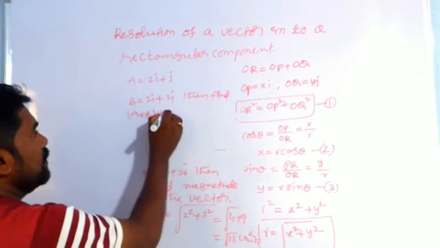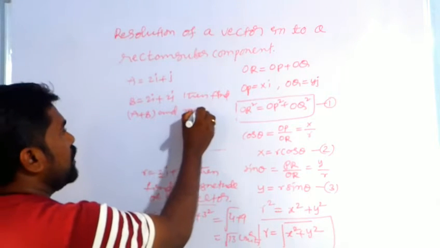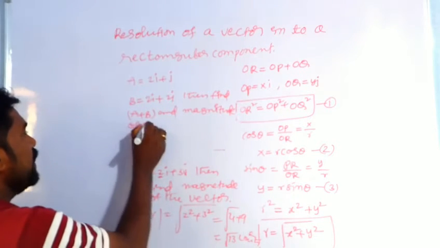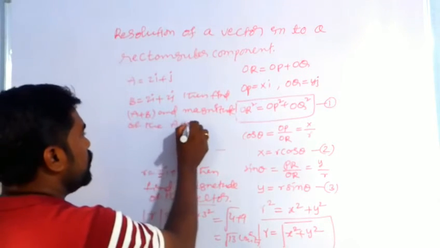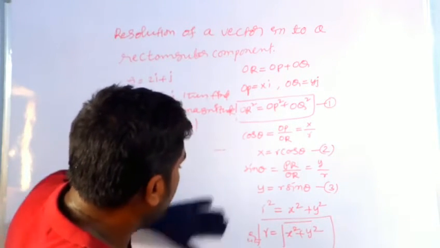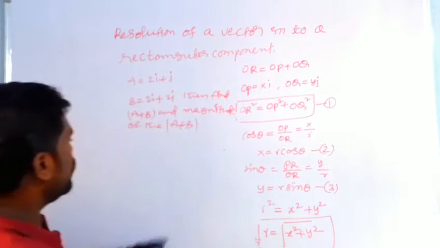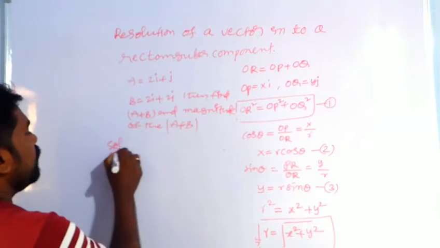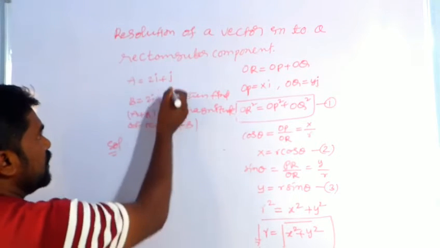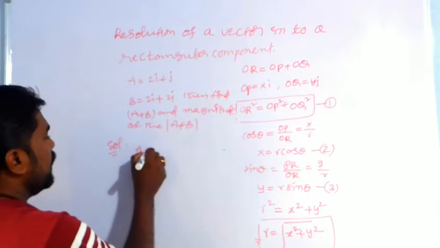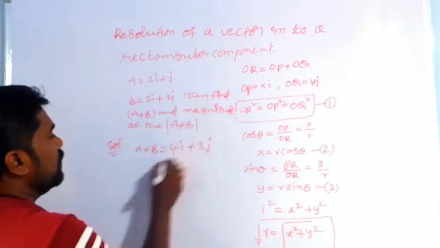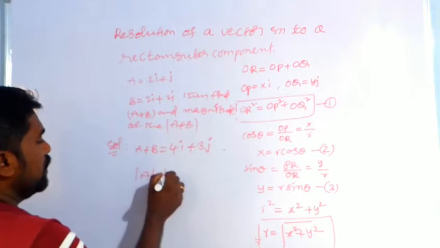and the magnitude of A plus B. Find A plus B and the magnitude of A plus B. So how can we find A plus B and the magnitude of A plus B? A plus B is nothing but the i factors will be added and the j factors will be added. So A plus B equals 4i plus 3j,